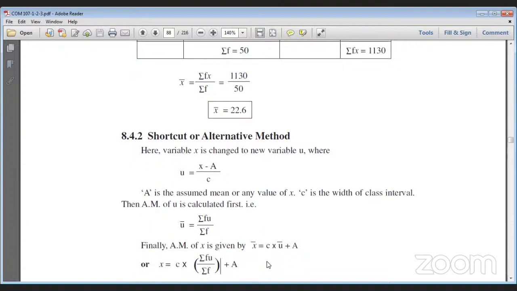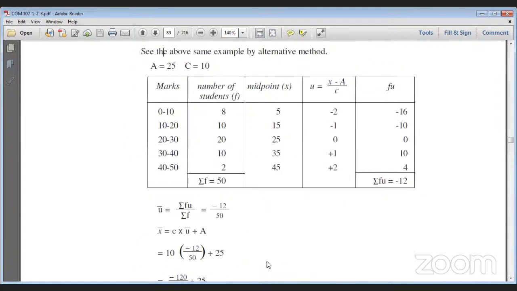On page number 4 you will find that an example is given here. Now here marks are given, 0 to 10, number of students 8, midpoint will be 5. Then u is equal to x minus a upon c, here minus 2. Here a is 25 and c is 10, the interval difference is 10. So x minus a, then divided by c. For 10 to 20 it is minus 1, 20 to 30 it is 0, then 30 to 40 plus 1, and for 40 to 50 u